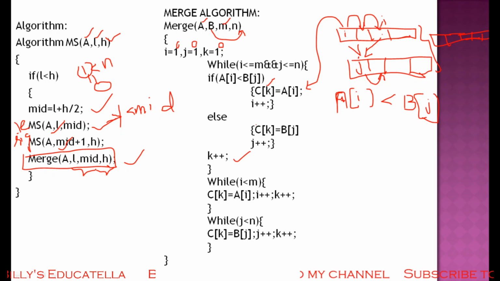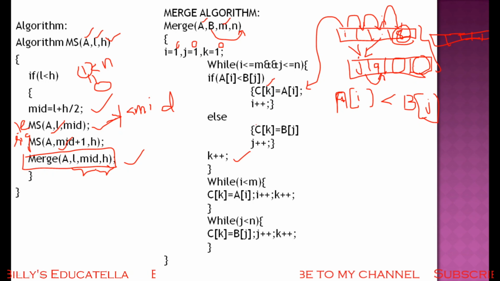So if I say that here this value is greater than this array, so I take that value as 9 and this value as 8. So we are comparing both. So this value is less than this array, so as it was incremented, 8 is put into the temporary array. So j, that means B array consists of two elements. So we have to put these elements directly into the array by using this function.